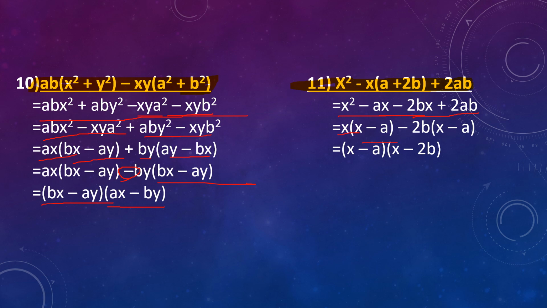But when you are going to put the next two terms in a bracket, children, you need to take minus in common. So don't put the bracket directly. You take minus common and then change the last sign, that is positive, into negative, and then introduce the bracket. You can find there 2b as common, that you take common, and inside the bracket what is left? X minus a. So overall common is x minus a taken up. Within the bracket what is left? X minus 2b.